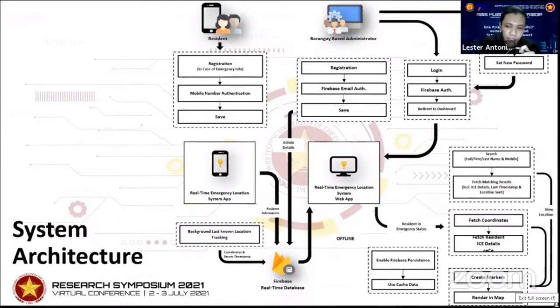If there is an emergency visible on the live map, the administrator can show it or respond to it very quickly. Also, our system has an offline mode algorithm which determines the location of the resident. If the resident's location has been disabled, let's imagine, for instance, there's a storm, typhoon, or flood where the internet connection is down, we can still provide his or her location through our system.